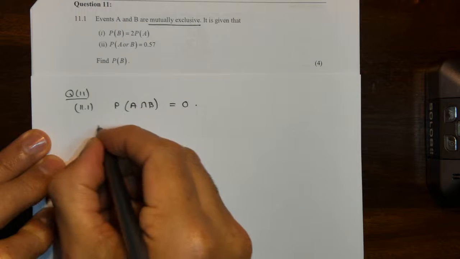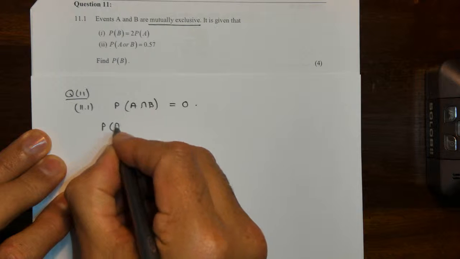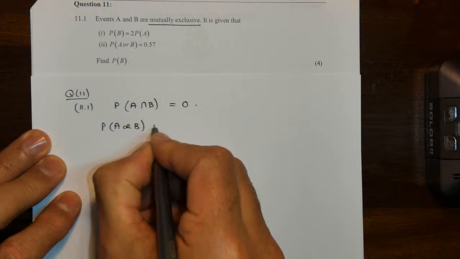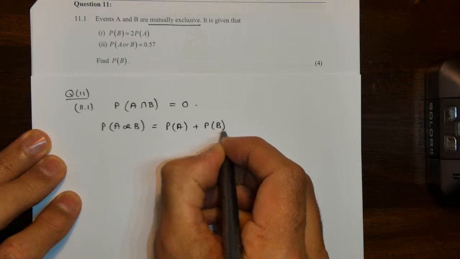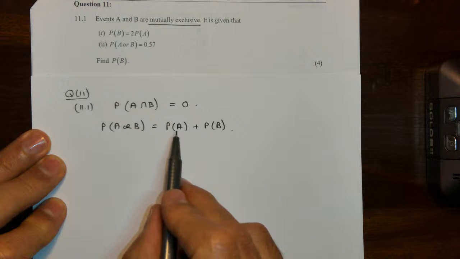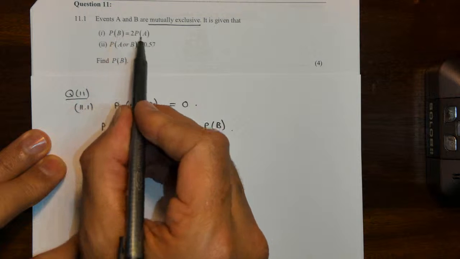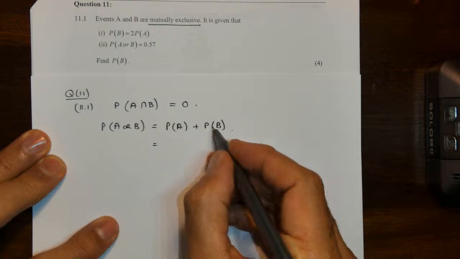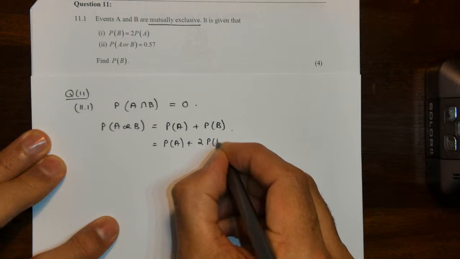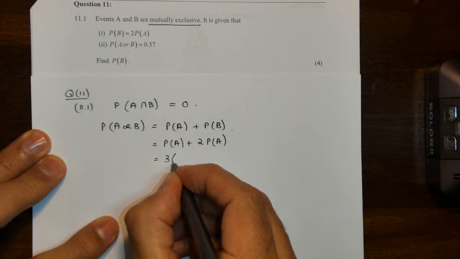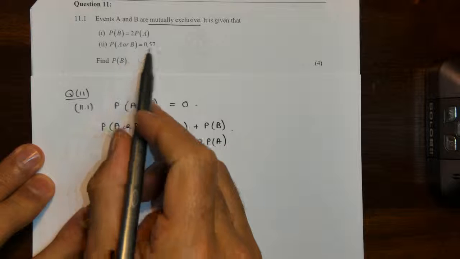We know that the probability of A or B is calculated by the probability of A plus the probability of event B. Okay, so we're going to work with that combination. They also told us that P(B) is twice P(A). So the probability of B is twice the probability of A, which then gives us 3 times the probability of A, and we know that that was given as